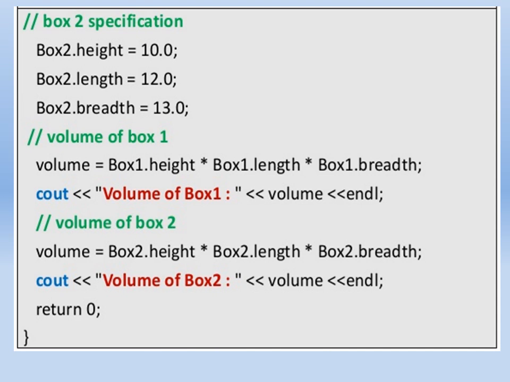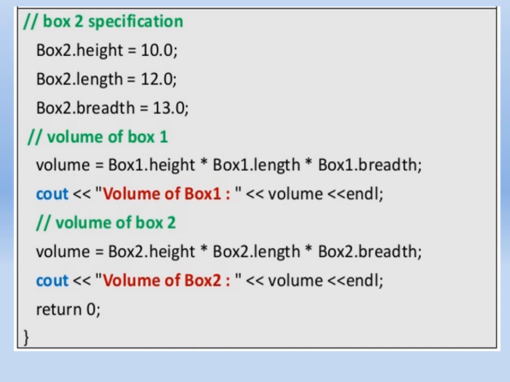So as we created two objects of the same class, box1 and box2, by using both objects we are accessing the data members of the class. When we access those variables by object 1, we assign different values for height, length and breadth, and when we access the same variables by using the second object, we assign different values for height, length and breadth.